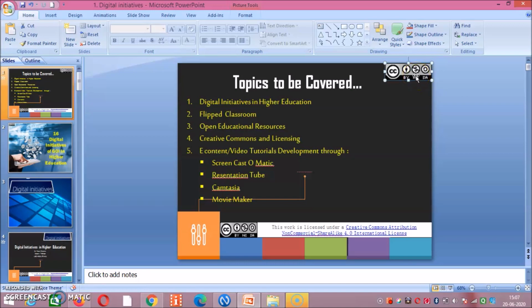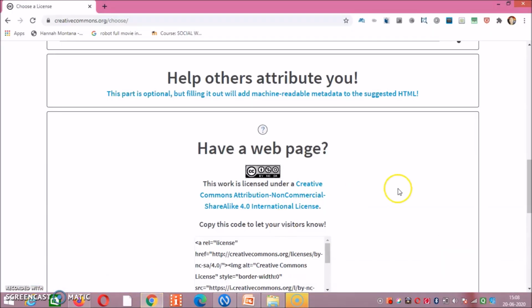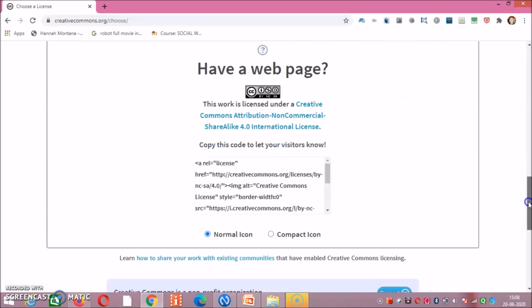So pasting this image is sufficient, but apart from that, if you want to give a description regarding this image, then again go to that Google page from where we copied this image. Now this HTML code is there. This is a description of this image.